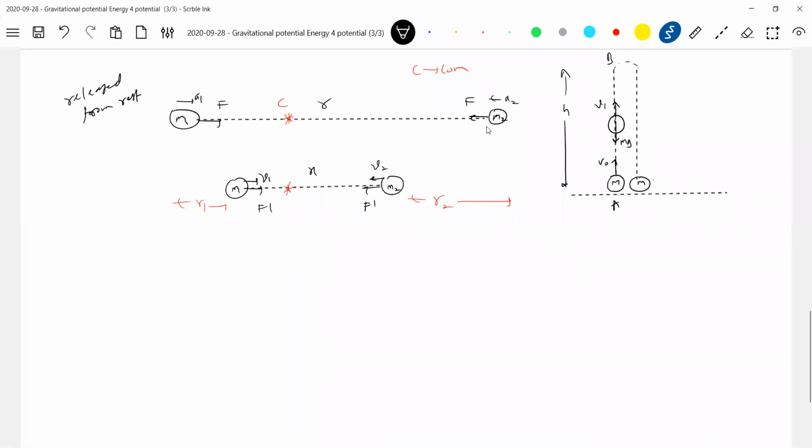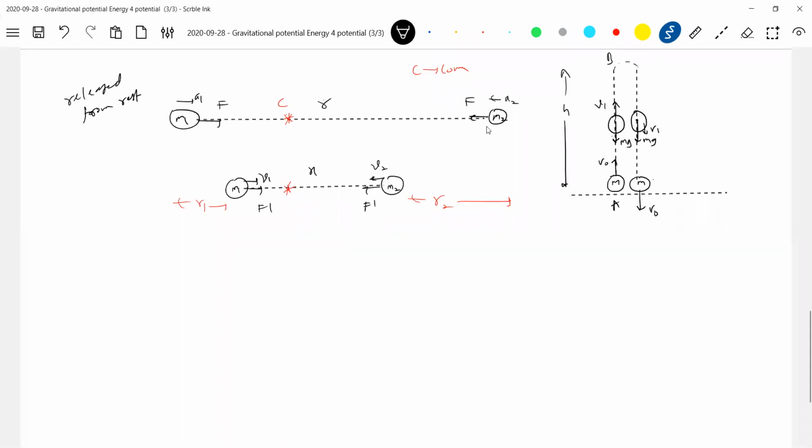What is the work done by gravity? It will be negative. It will come to instantaneous rest here. Again, it will start descending. So here mg will be there, and the velocity, say the same v1, and finally it strikes back the ground with the same speed. Is it okay?